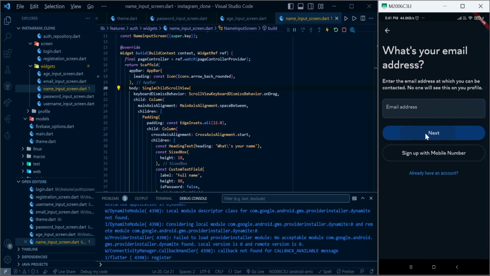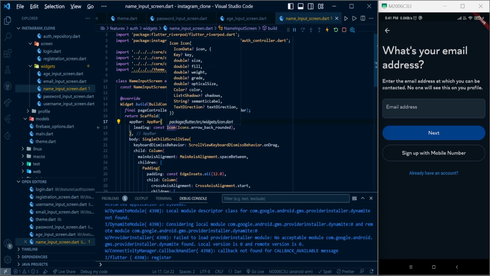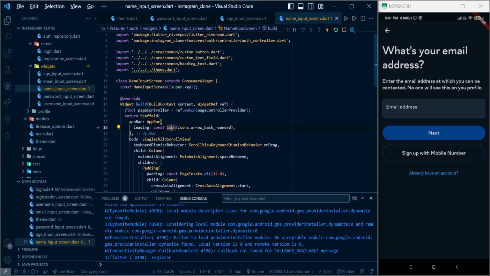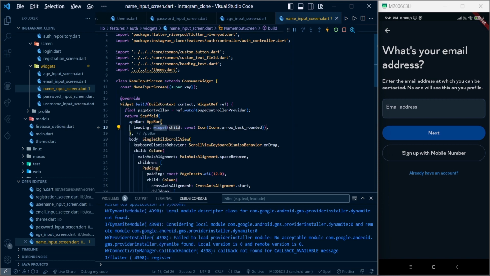Yeah, on clicking next, we are not moving to the next page. So we need to add functionality here. For that, here we can wrap this with a widget